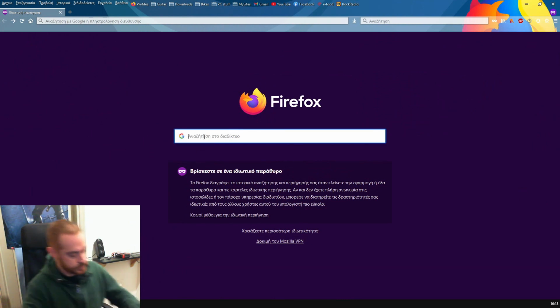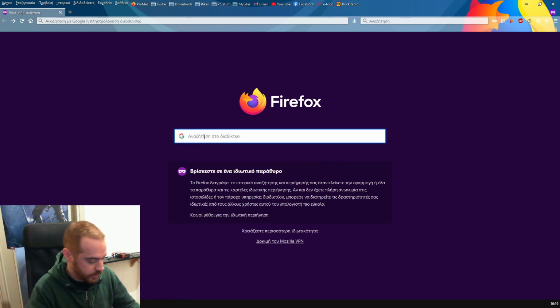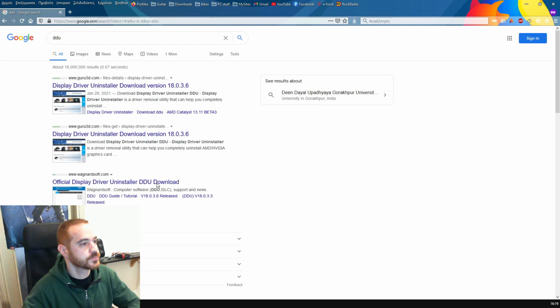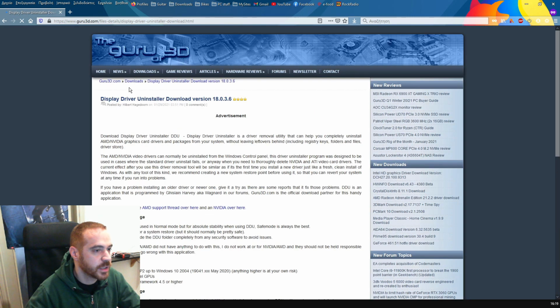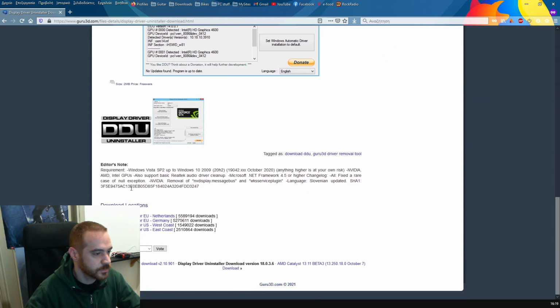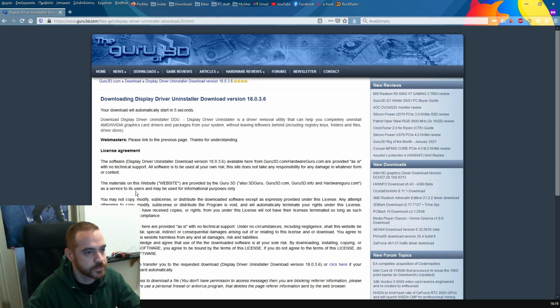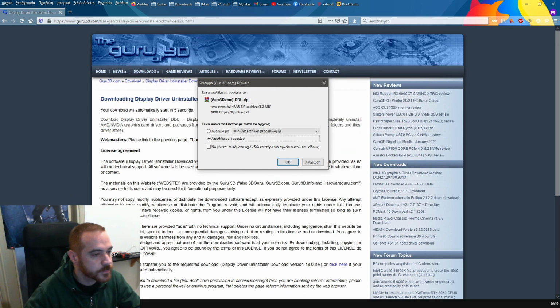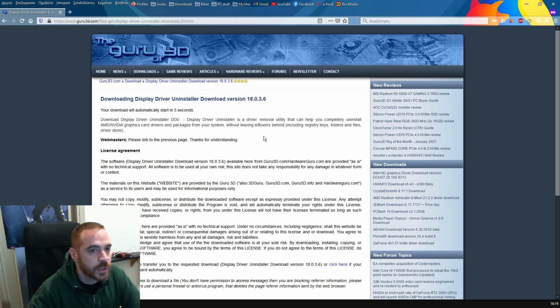First of all, you need to uninstall your older driver. So let's go again and show you how to get DDU. Again, you can go to the Guru 3D site, scroll down and download it from your area. It's a really small file, 1.2 megabytes. We can download this and also